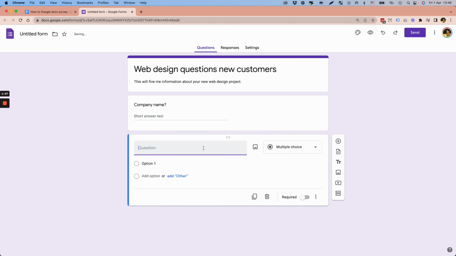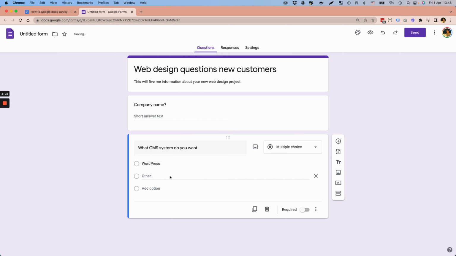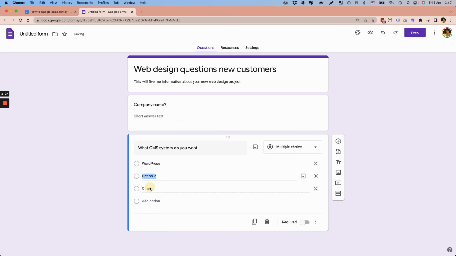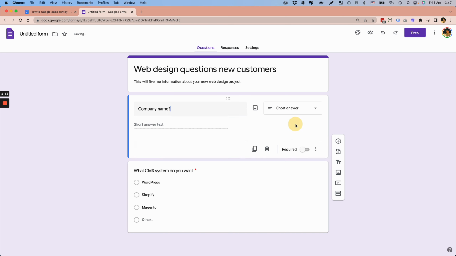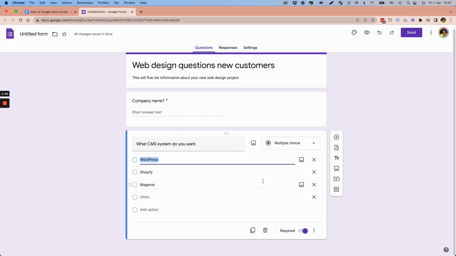So for example here, you can ask what CMS system do you want? And you give some options maybe, for example WordPress, any other options like Shopify, Magento and other. You can say if the question is required or not, and if you want to duplicate the